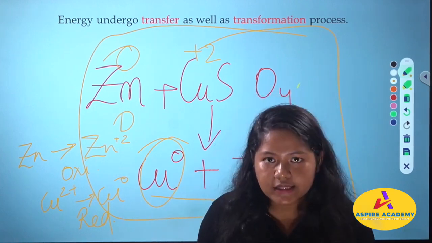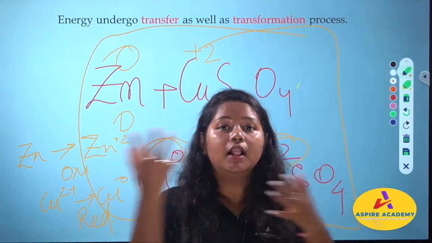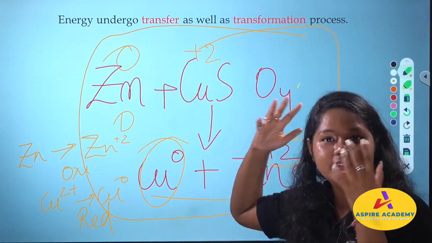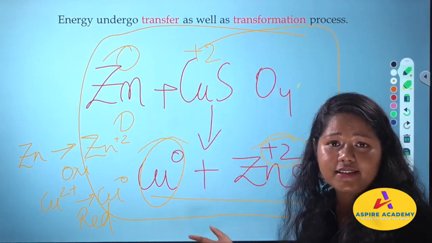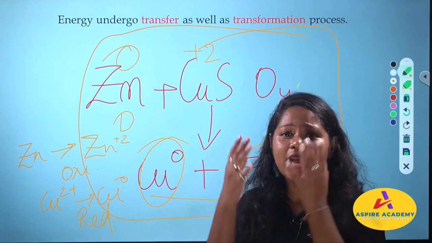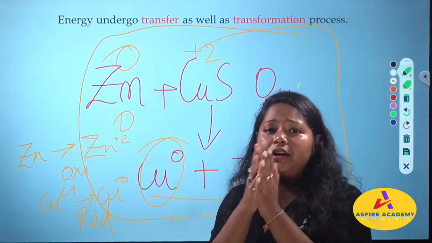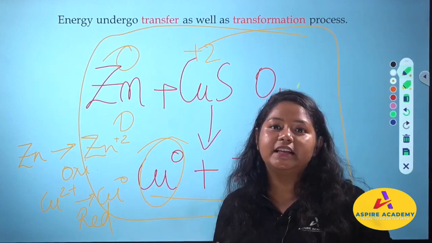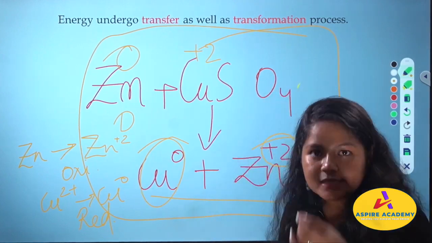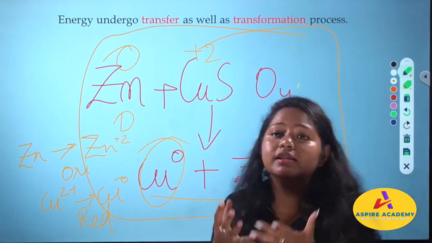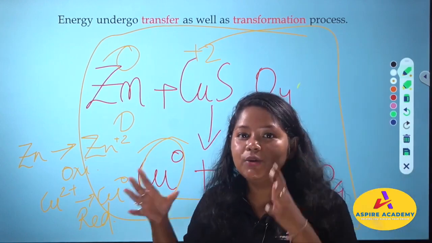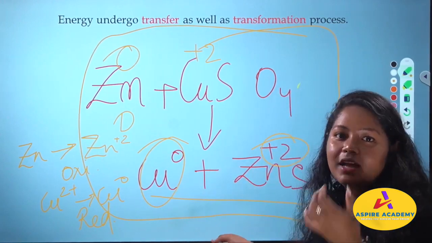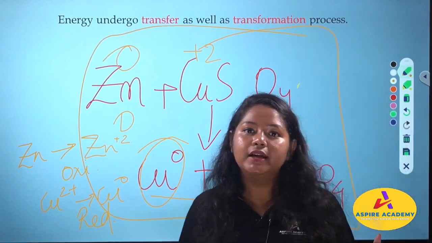They were curious how this was happening, and out of all these things they summed up that this particular redox reaction is taking place, oxidation and reduction. From here they gave the terms anode and cathode. Anode, where oxidation is taking place, cathode, where reduction is taking place. The zinc rod dipped is itself an electrode, very basic things of electrochemistry, and you can say that this is the birth of electrochemistry that we will be studying in detail in our next class.